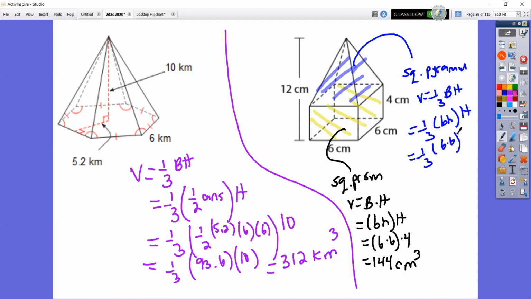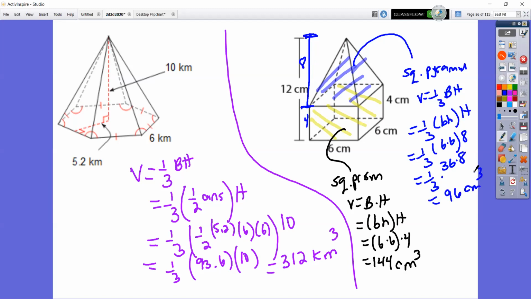Now, the height of the whole solid. Notice how here it said the height is 12 for the height of the whole composite figure, but part of it up to here was 4. So what is the difference from 12 to 4? The difference is 8. So 8 would be the height of the pyramid. So it'll be 1/3 times 36 times 8, which comes out to be